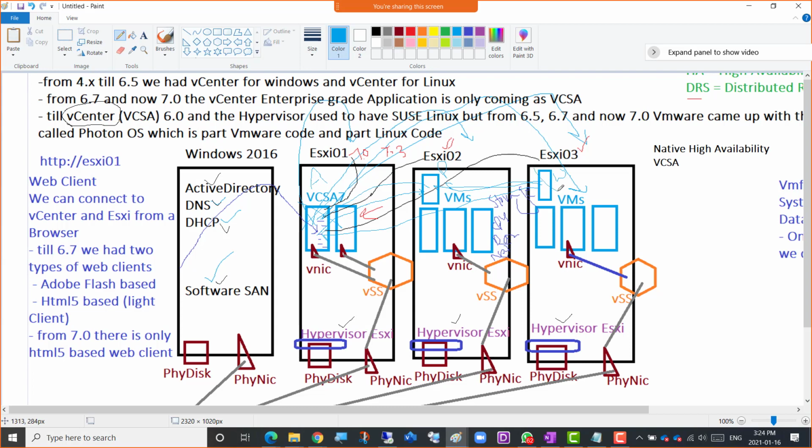But suppose the witness machine is down and the active somehow also went down. Now there is no one to tell the standby machine to please fail over and become active. So this is what the witness machine does. This is how high availability of the vCenter for Linux, or VCSA, is implemented,